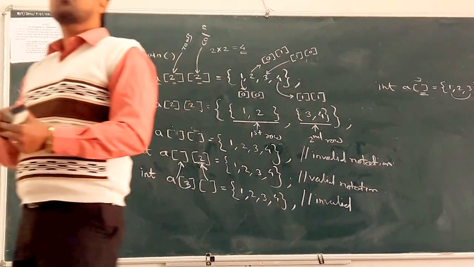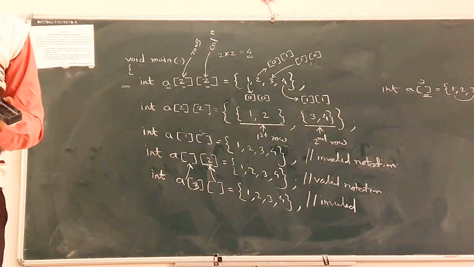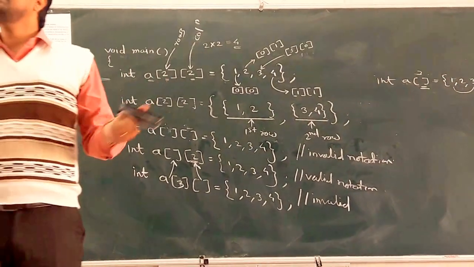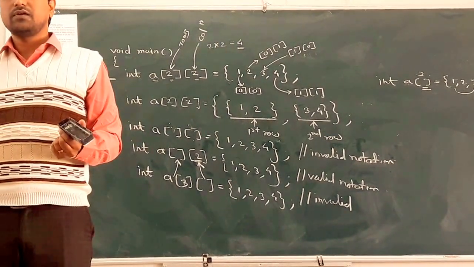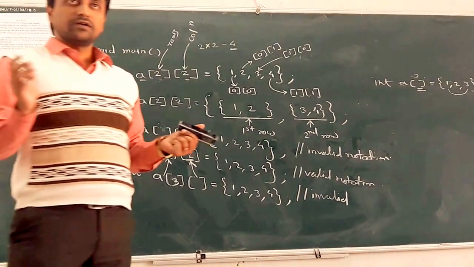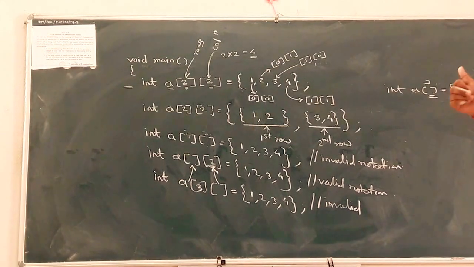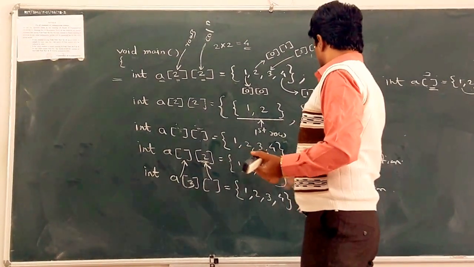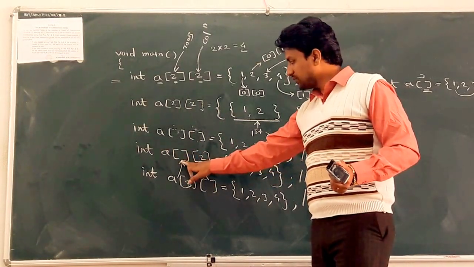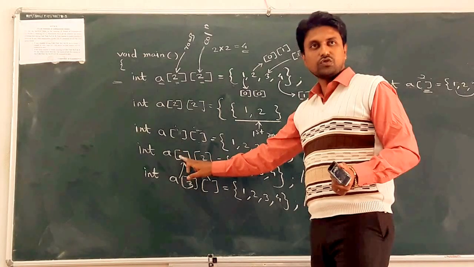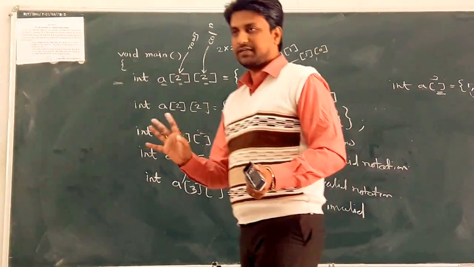Because if you know the number of rows, suppose 3, okay, but how many elements in each column? How many elements in each row? We cannot predict it, because it gives you an ambiguous result. So the only valid notation is if you know the number of columns, and optionally rows, then it is valid. But the other two types are invalid.